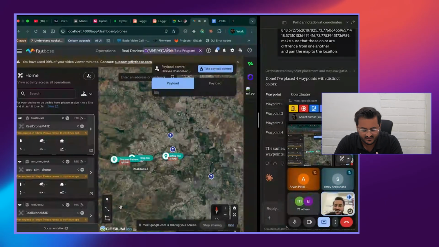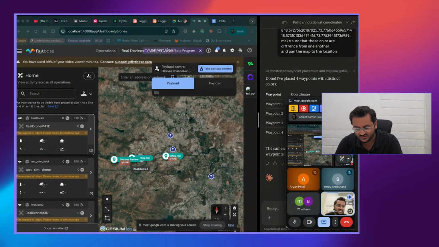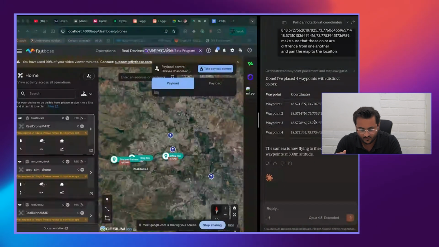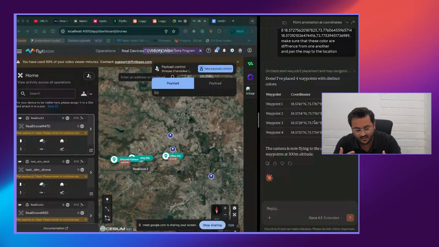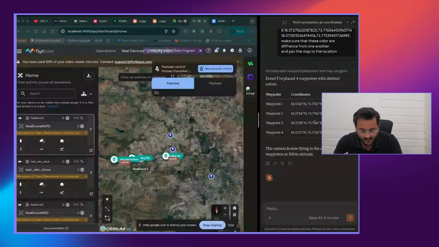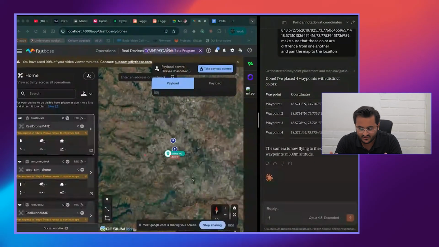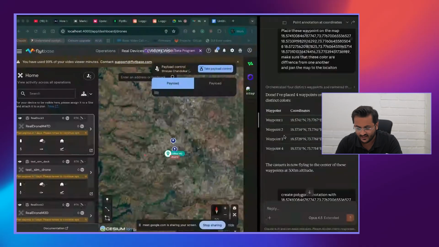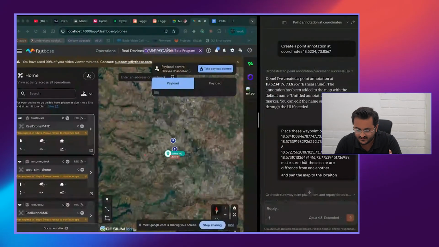So I just came up with the idea. I was experimenting with how AI tools use MCP. I thought, why not expose the MCP functionality of our map itself, so that we can just